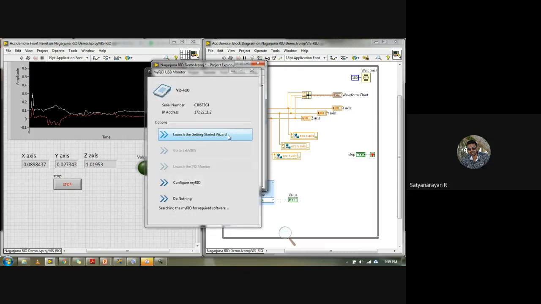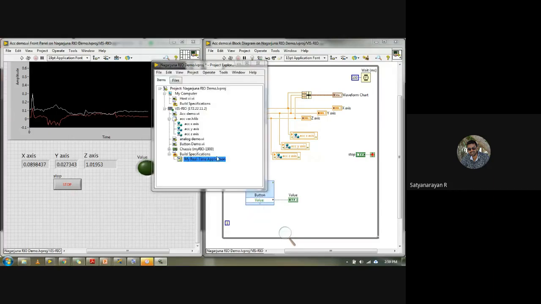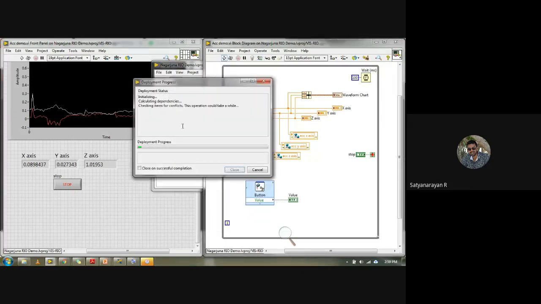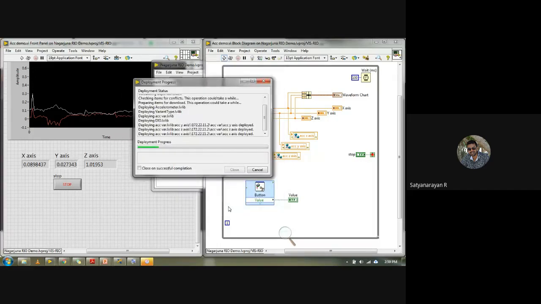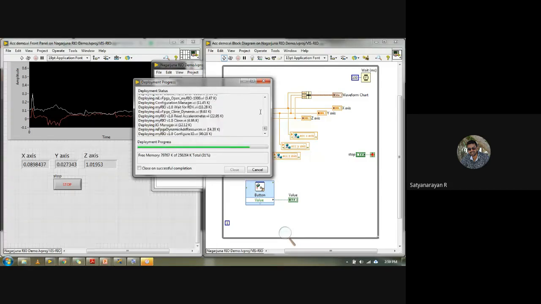Yeah, so now you can see it's been connected. Once this is connected, you can see, yeah, it's been deployed.